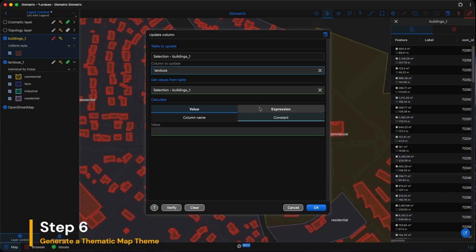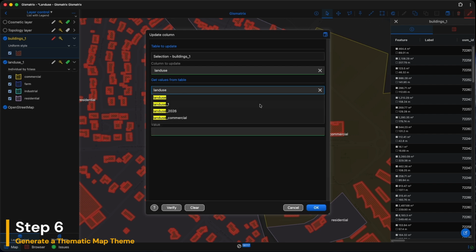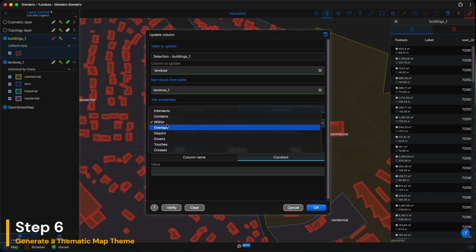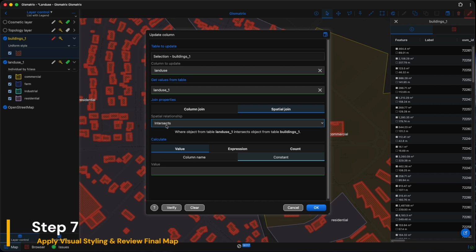To make this data visually meaningful, let's create a thematic map. We open the vector layer properties for the buildings and navigate to Thematic Maps. We'll create a new individual value theme, select our land use column, and hit Generate to automatically assign distinct colors to each category. After applying the changes, our buildings are instantly beautifully color-coded based on the land use zones they